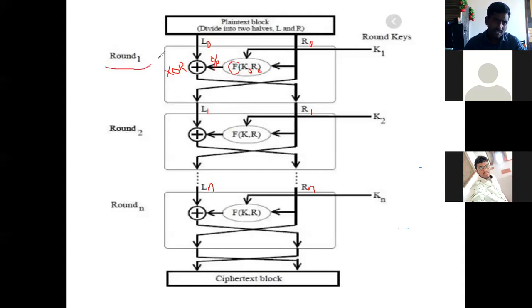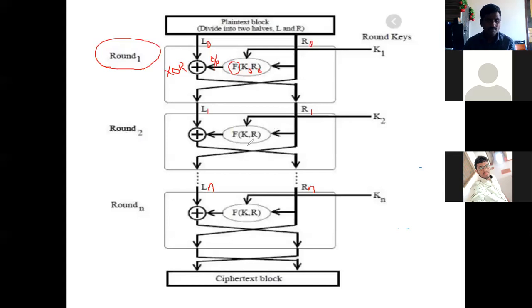So this is called a round. Whatever process we discussed up to here is called a round. In the first step we perform the substitution. After that we get the outputs, and then we perform the transposition. Transposition means interchange. So the left hand side output is given to the right hand side as an input, and the right hand side data is given as an input to the left hand side. And here also we do the same process.